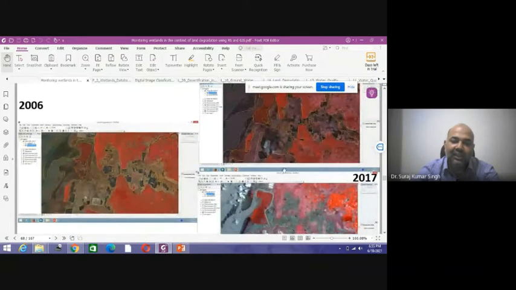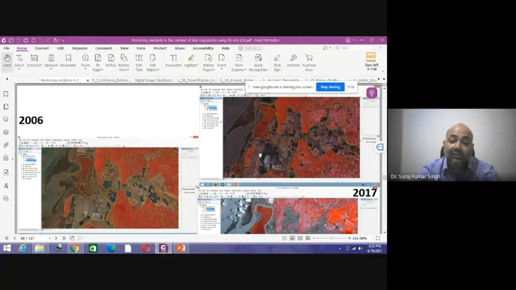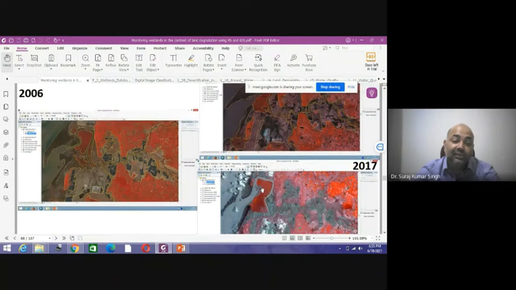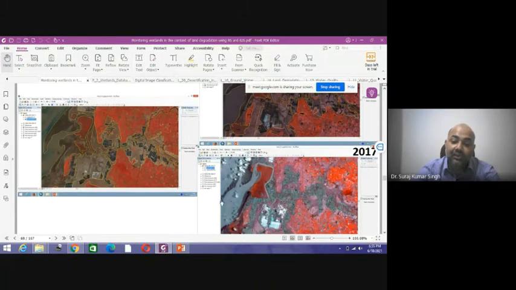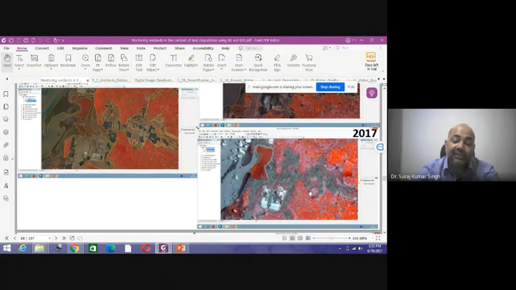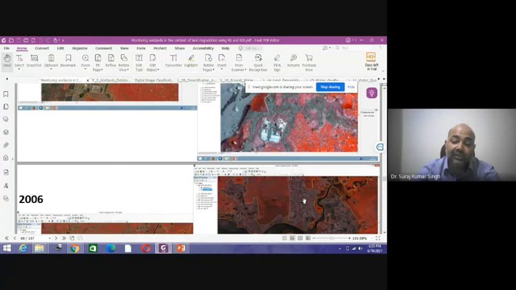You can see the entire changes in the land use, land cover pattern, that in 2006 the amount of vegetation or forested area was very low in nature, but when we compare that with 2017, the entire area has increased, or it has become more dense, meaning more land which was under various categories of wasteland has been gradually converted into productive land. So the changes along the decade can be easily mapped and monitored using the satellite images.